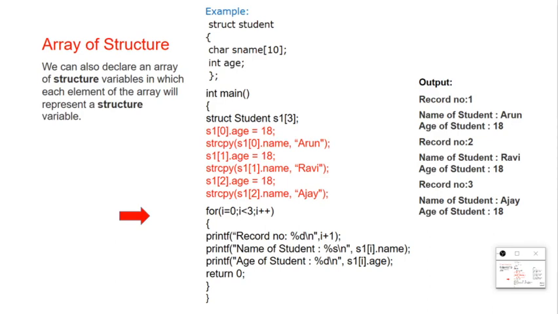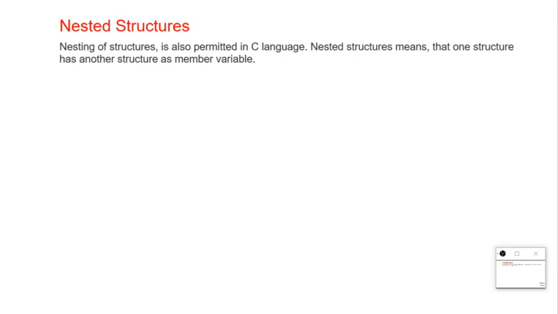Nice, right? Okay, so let us see nested structure. Nested structure is nothing but a structure within a structure, just like a nested if within an if. The same way we have a nested structure. So I will take an example. In that, the black color is the first structure, and within that I have a red color.